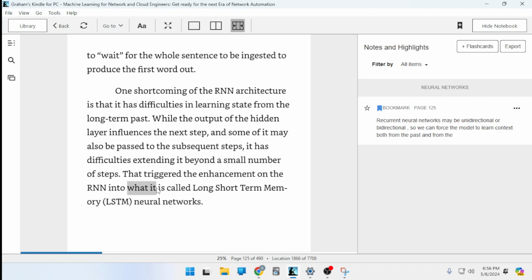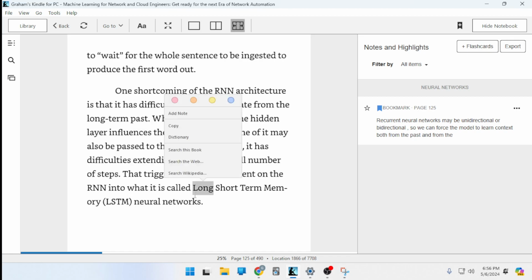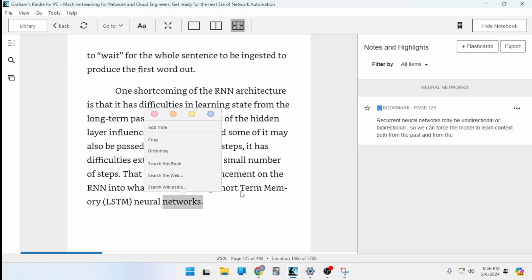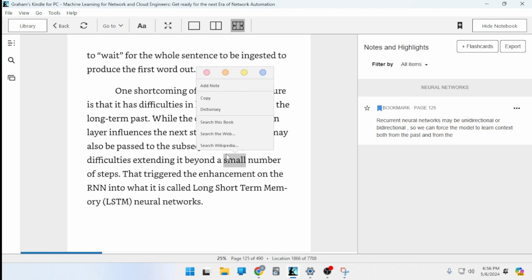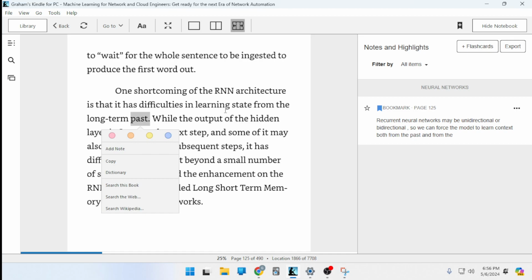And I think this is a typo here, but the meaning's preserved. So RNNs became enhanced by